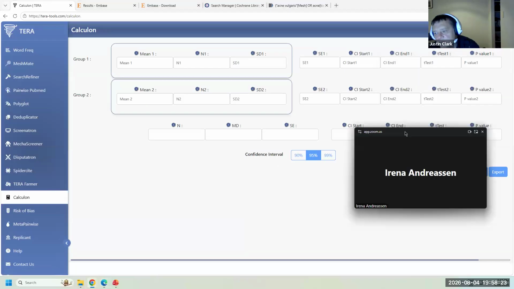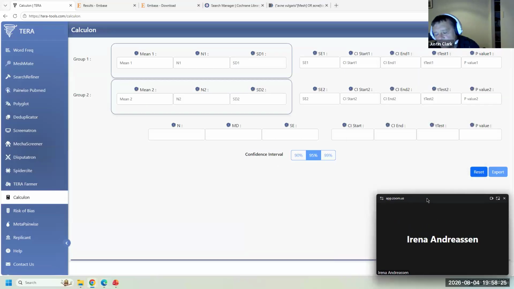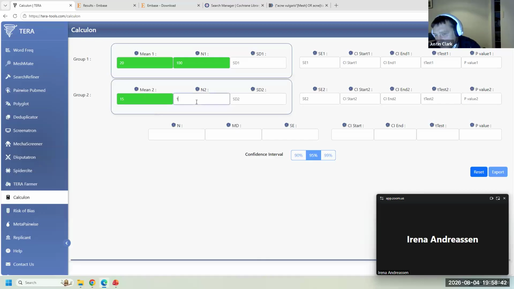Calculon is a neat tool to use for helping you do a meta-analysis. If you've got some numbers you need for your meta-analysis, it will give you the rest. So if you've got the means, for instance, of a study, so maybe study 1 had a mean of 20 and study 2 had a mean of 15, each one had 100 participants, and say you know the p-value of